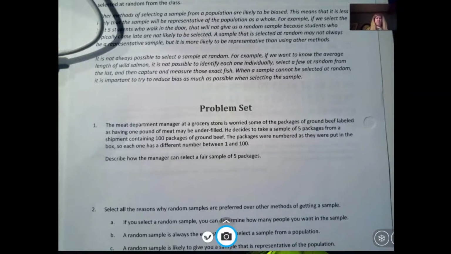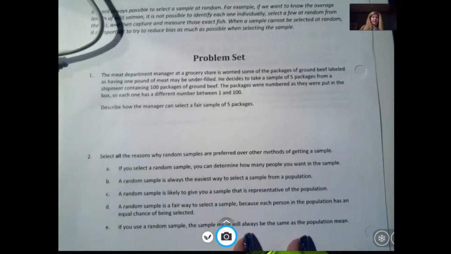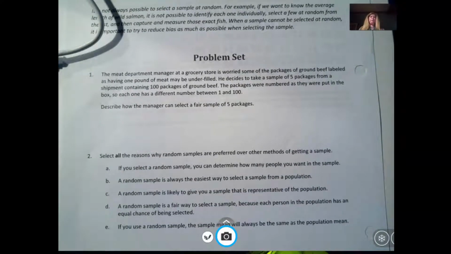Randomly, by making that list of 1 to 100 and making sure those were the same size, and then selecting out of that. You could probably also use a random number generator online, where you would just make it from 1 to 100 and then let it randomly pick 5 numbers. Either way would work. Now, number 2, select all the reasons why random samples are preferred over other methods of